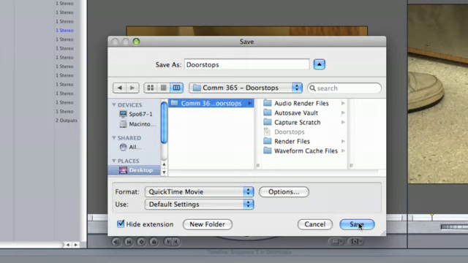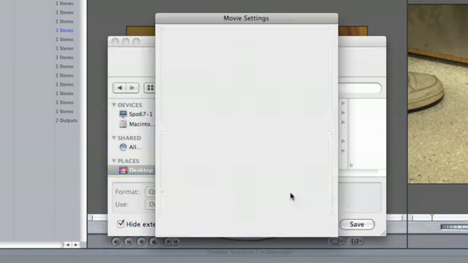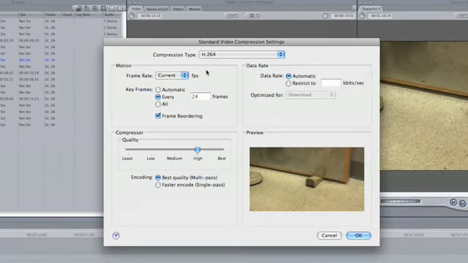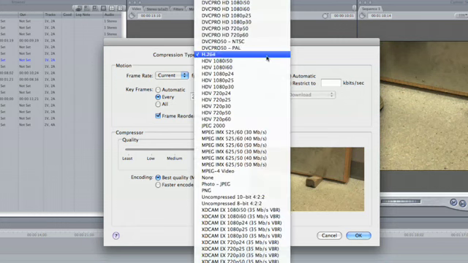Finally, you'll need to select all the right settings to export. This is where it gets technical, so pay attention. First, click on the Options button located right here. The Settings window will appear. Then, click on this Settings button. Here at the top, you'll most likely find the default compression of H.264. You'll want to change that to